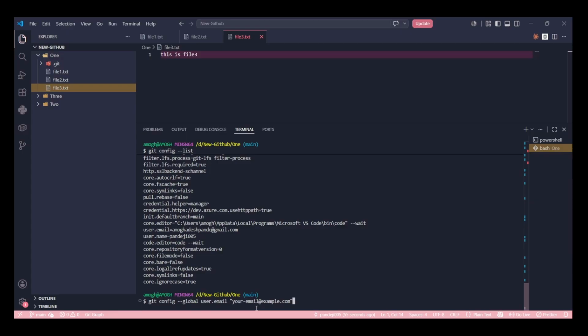If you are starting with Git for the first time, you should do this. Git config. Config is short for configuration, and this is a global configuration. There are actually two types of configurations, because you need to push your code to the cloud. For that you need a global configuration. Obviously, where you push your code, you will push it to your specific GitHub account, not to any random email or random GitHub, right? So for that you should set user.email and run this command.